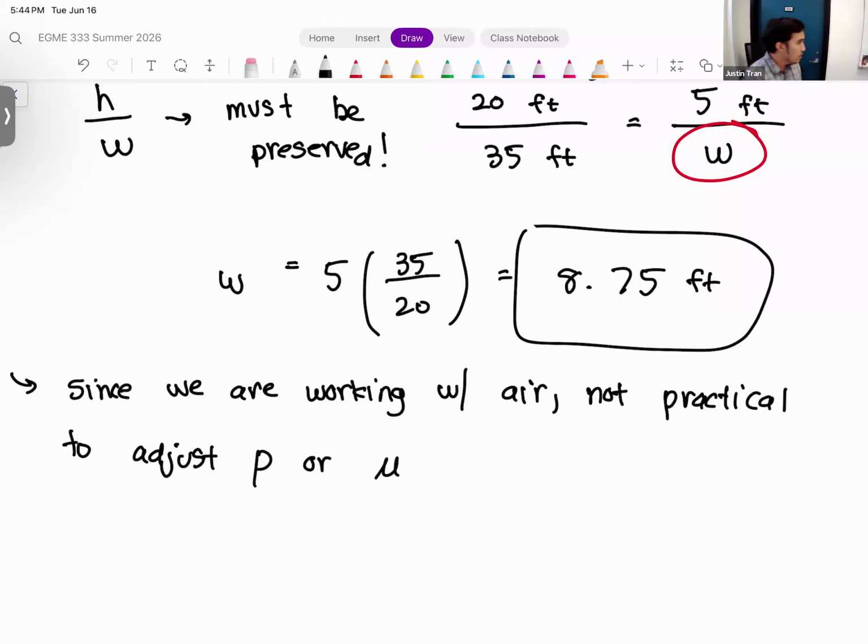Okay. It's not practical to adjust the density or the viscosity. If we can avoid doing that, then it'll be nice. Sometimes it's unavoidable. Sometimes you have to do it, right? So for instance, in the field that I work in, which is blood flow simulations, for people that do experiments,